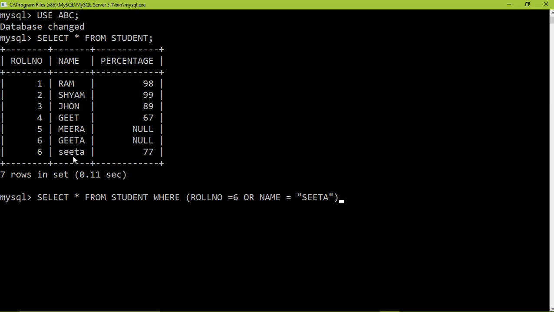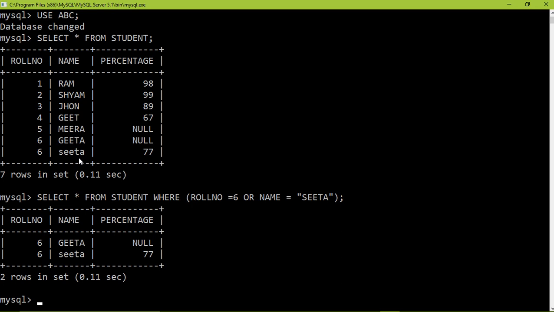One is Geeta and another is Sita. So you will get two answers. What this is saying, name should be Sita, so this will definitely come. So I am putting a semicolon. See, why have I received two answers? Because both the conditions are being satisfied. Roll number 6 will be entertained and name, wherever it is Sita, will also be entertained.